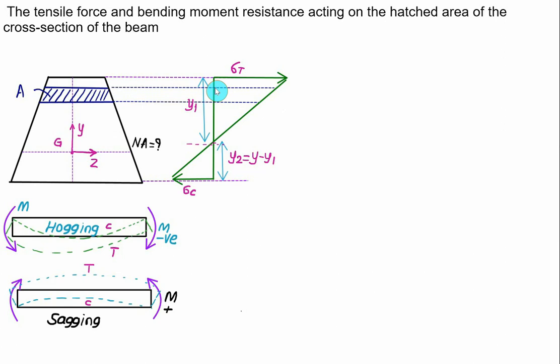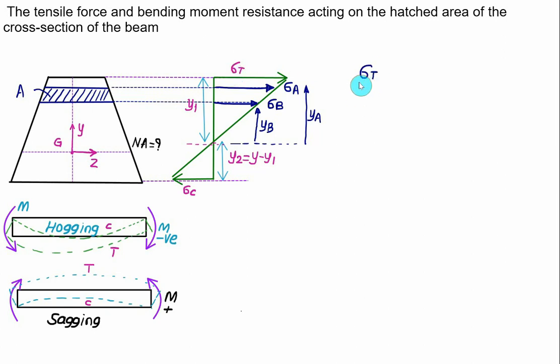Let's say here the stress at the top fiber for the given section will be equal to sigma A, and for the bottom fiber for the given section we have a stress equal to sigma B. Now we know the distribution here, and using the proportional distances of YA and YB from the neutral axis, we know here that